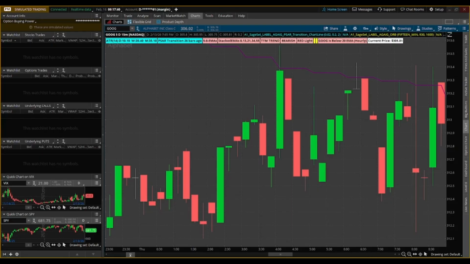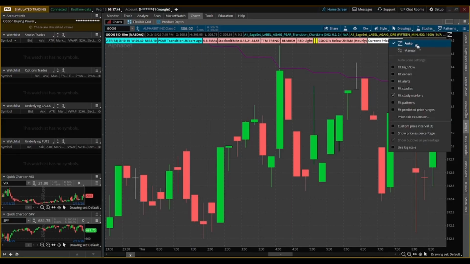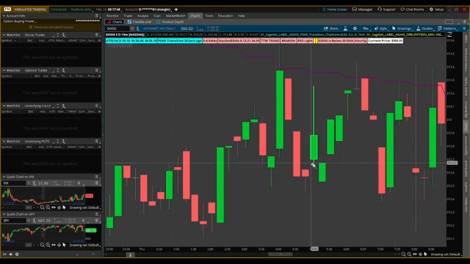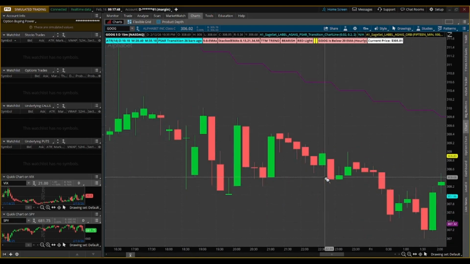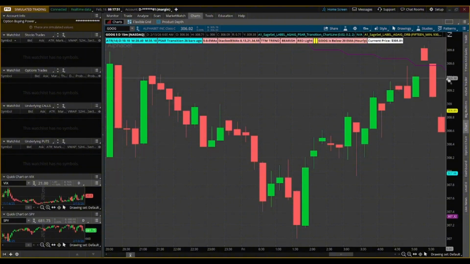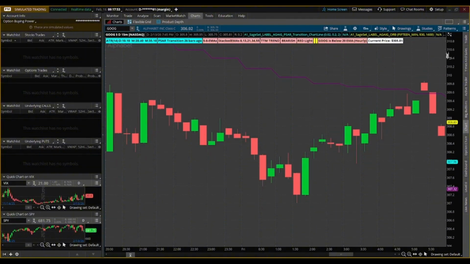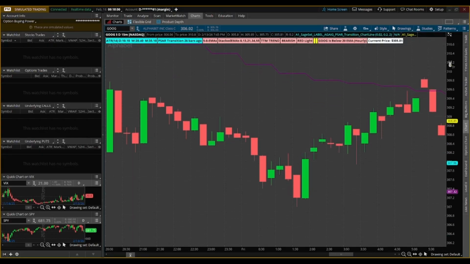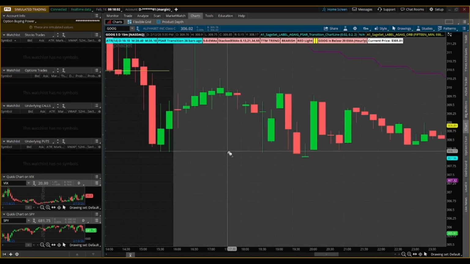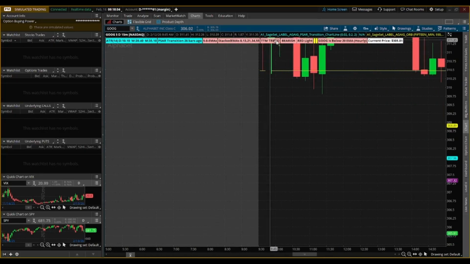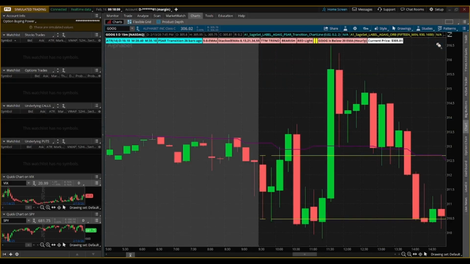All charts load in auto-scale mode by default. In auto-scale mode, the price scale adjusts automatically as price moves and as you scroll through the timeline. If you drag the price axis up or down, the chart will automatically switch to manual mode. In manual mode, you control the exact price range displayed, but price action can go out of view if the movement is larger than what you have it set to display. If that happens, you can switch it back to auto by clicking the price axis icon in the upper right corner, and it will reset the price scale.